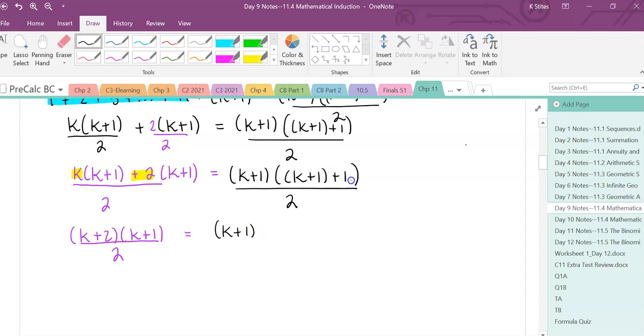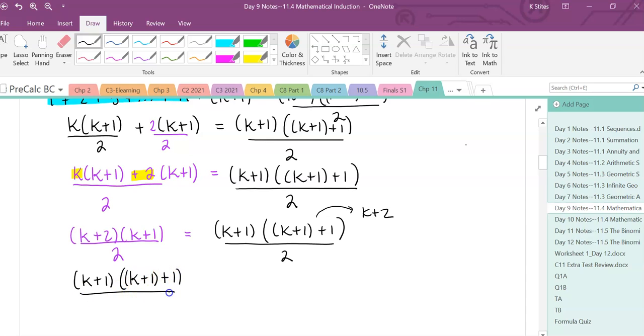I know you really want to change that to a k plus 2, but we're only supposed to change the one side. Okay, so finally, we can see, oh, well, that's really just k plus 2, right? So we're going to take this k plus 2 and just split it up. I'm also going to put the k plus 1 first so it looks exactly like the other one. So there's my k plus 2 over 2. There you go. And now that they are equal, we're going to give them a check mark,